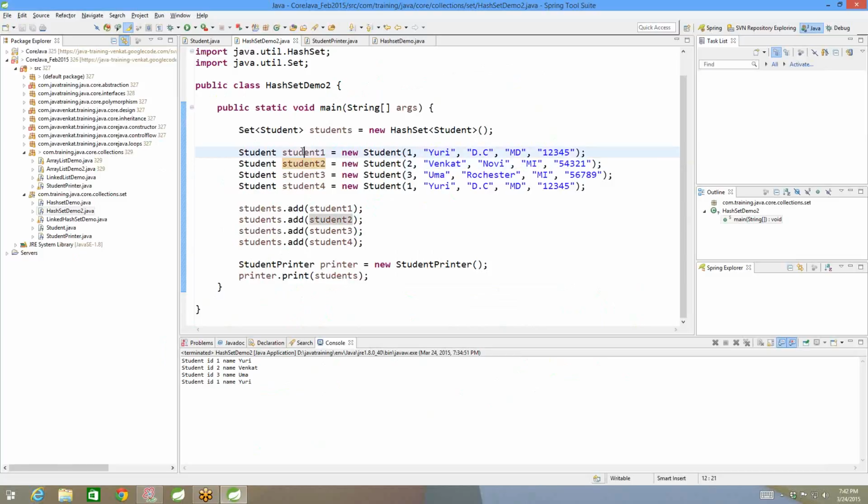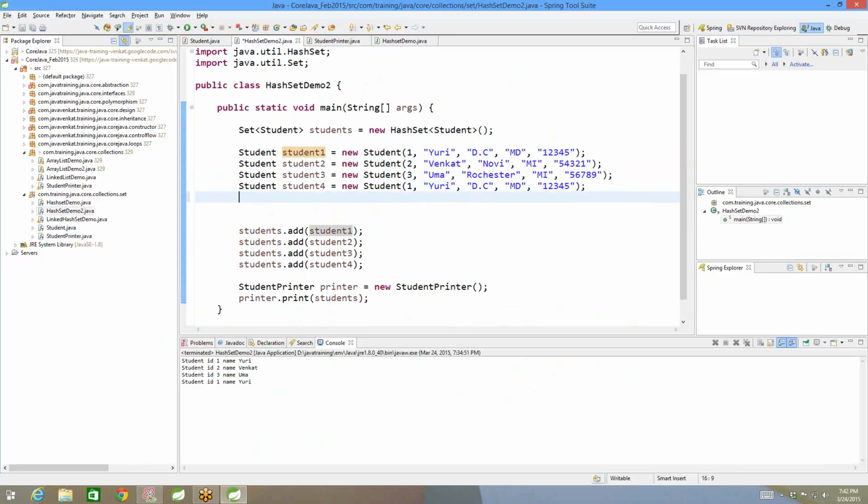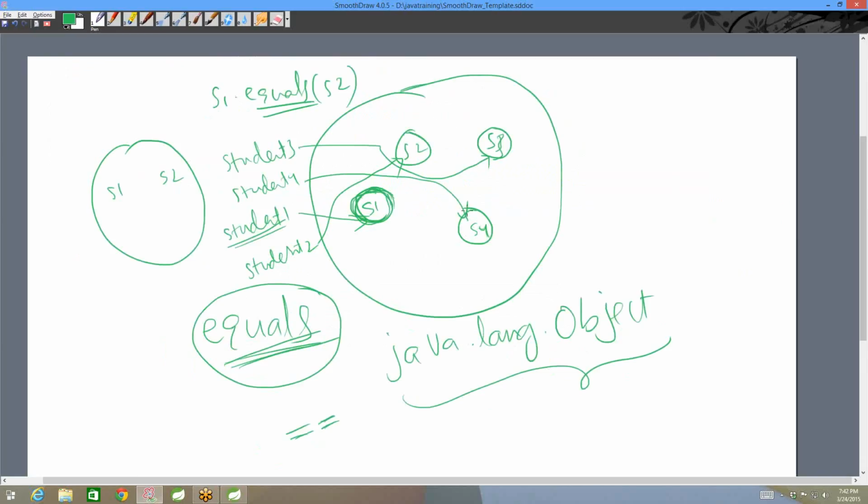So if you look at student 1, if you do it equal to student 2, compare any 2 different objects, you will always get false, because they're actually pointing to 2 different objects that are stored in the heap. In your equals method, the default implementation that you are getting from java.lang.Object is that the 2 objects are compared